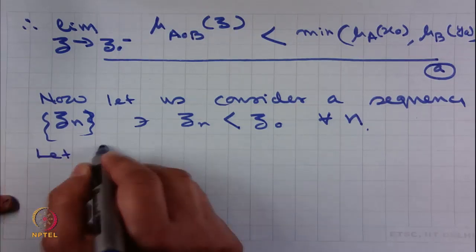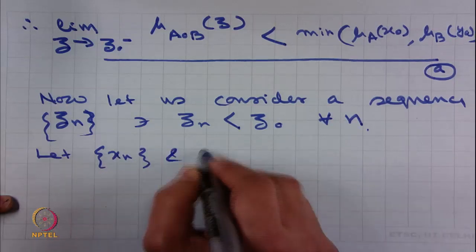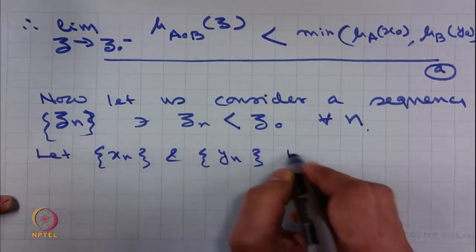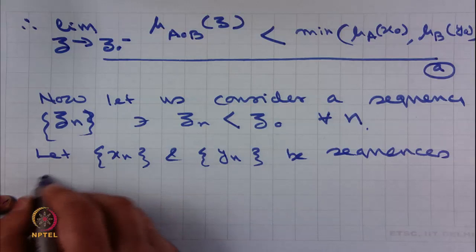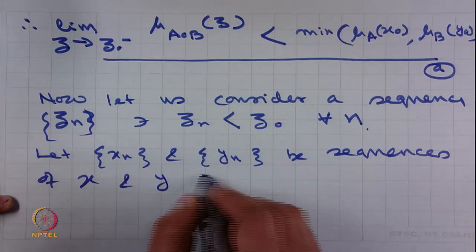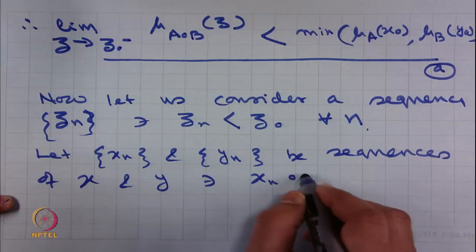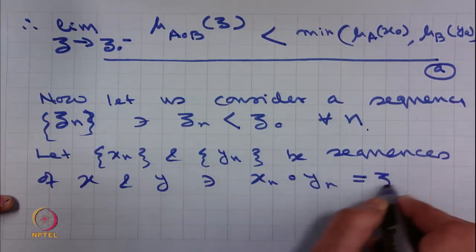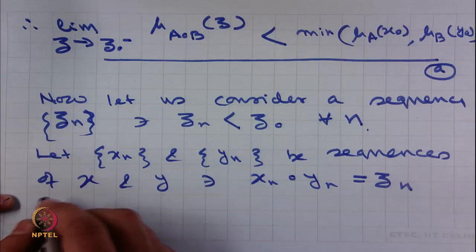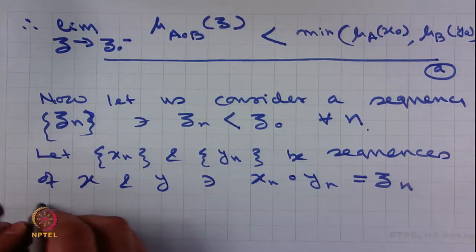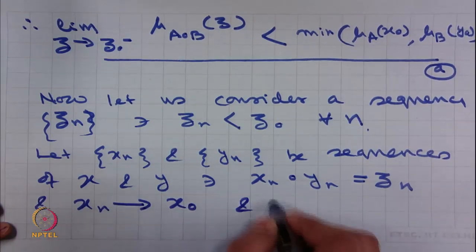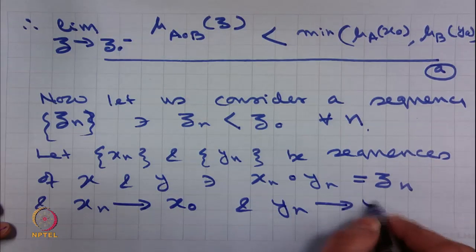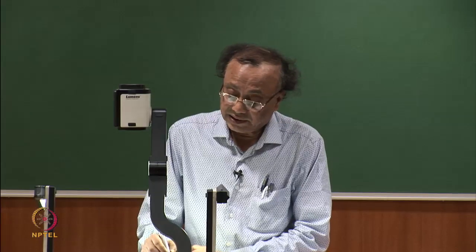Let xn and yn be sequences of x and y such that xn star yn is equal to Zn, and xn converges to x naught and yn converges to y naught. Since the operations are continuous,